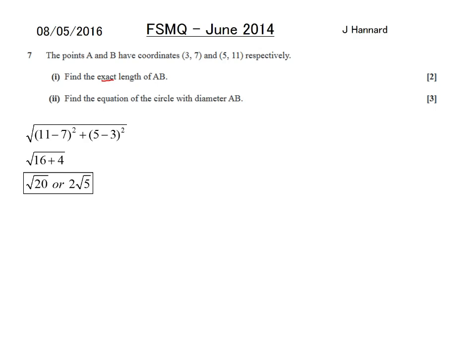Find the equation of the circle with diameter AB. So if we know the diameter is that, well, we need the midpoint first, because the centre of a circle is the centre of the diameter, which is otherwise known as the midpoint. So we'll find the midpoint, 4, 9. Just doing the average of the x's, average of the y's. And if we know that the diameter is 2 root 5, the radius must be root 5,